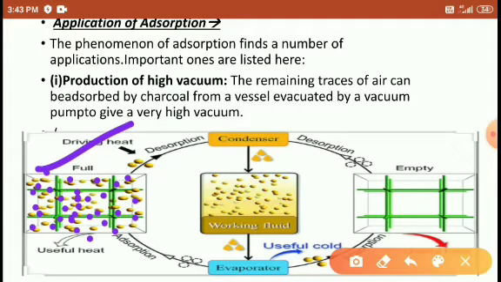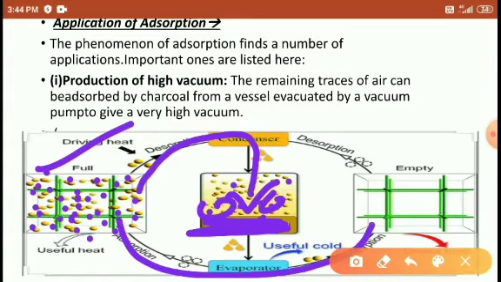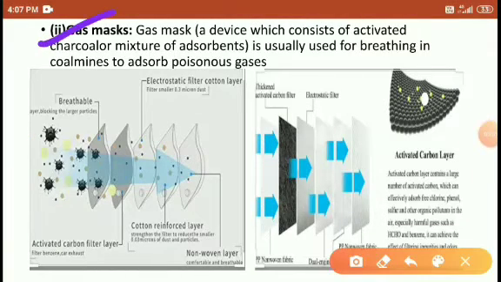So then what we have to do is add the charcoal here, right? If you add the charcoal powder, or use some other condenser method, all the particles are attracted and move toward the condenser. In this condenser they are attracted toward the charcoal. All the particles are attracted to the surface of the charcoal. Then this chamber becomes free from dust or trace particles. Okay, students, the next one, the gas mask.